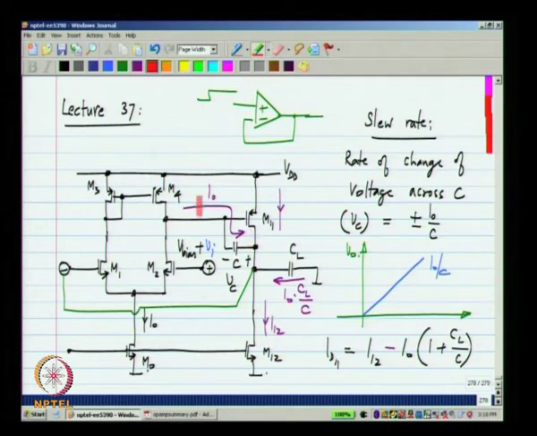Now, before all of the current I naught can flow through this, the transistor M11 will cut off, because I12 minus the current in this minus the current in CL will become 0. The current in CL will always be the current in C times CL divided by C, because the output is changing at the same rate. The voltages across the two capacitors are changing at the same rate. So, M11 will cut off before the input differential pair can switch completely.